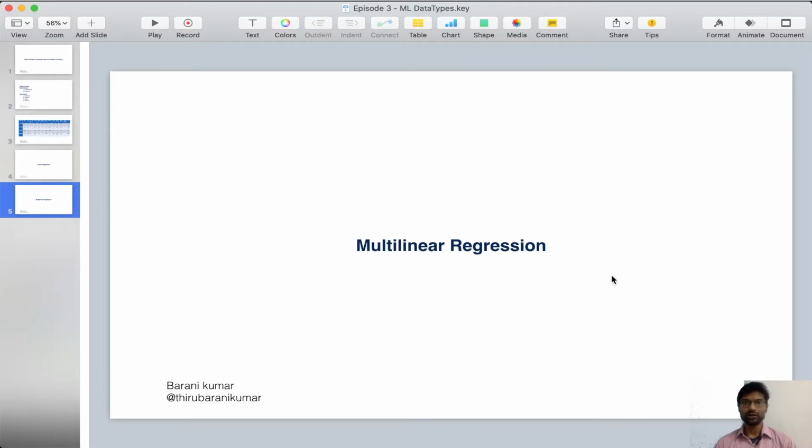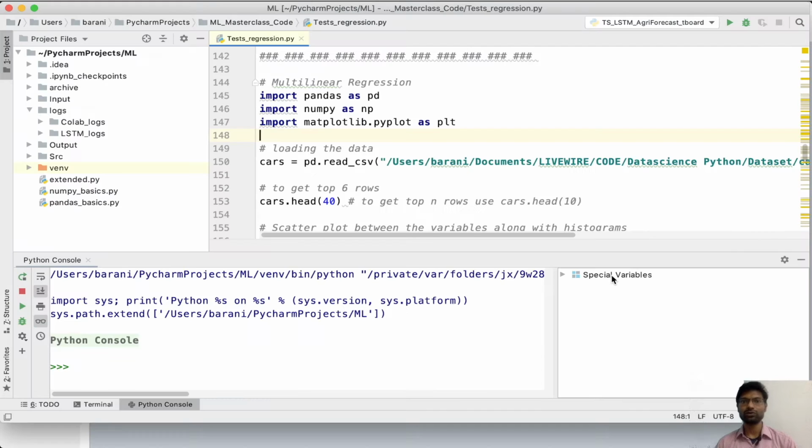Welcome to this lecture on multilinear regression. In this lecture, we will see in detail the practical implementation of multiple regression using Python. So we have already seen the basic concept of what is regression in a simple regression environment. We saw some basic equations and how it is getting solved in the code as well. But let's make it a little more complex and understand the further analysis and steps that are carried out in finding the final solution and building the model.